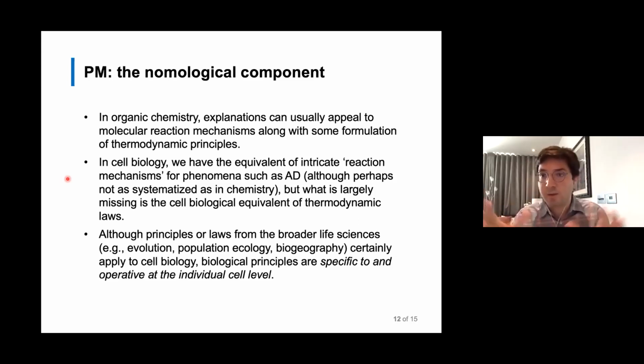And there is a gap, perhaps. They might not be reducible to each other, but we have to have a chemistry-specific variation of the atomic orbital theory in the form of a molecular orbital theory. In cell biology, we have population-level laws from evolution, from ecology, but we don't have, in a manifest way, laws that are specific to and operative at the individual cell level. And that is what a biological principle entails.